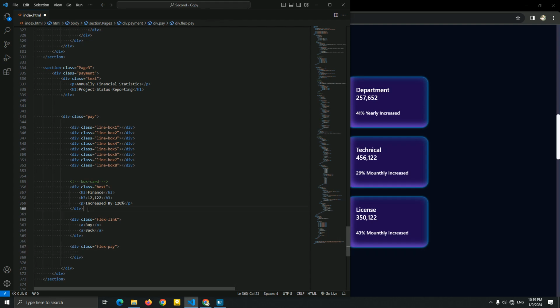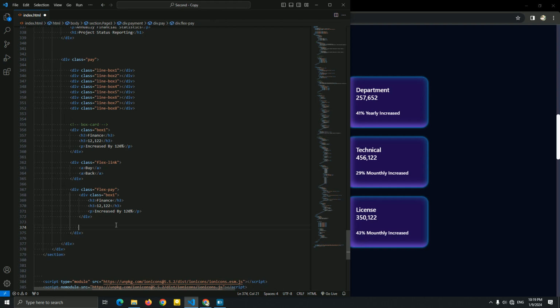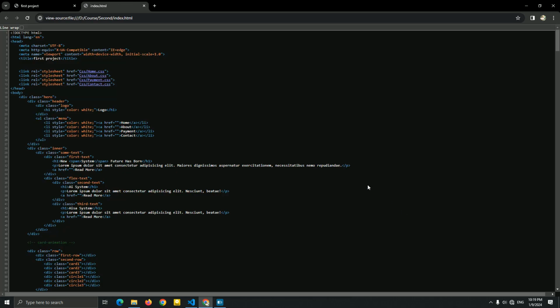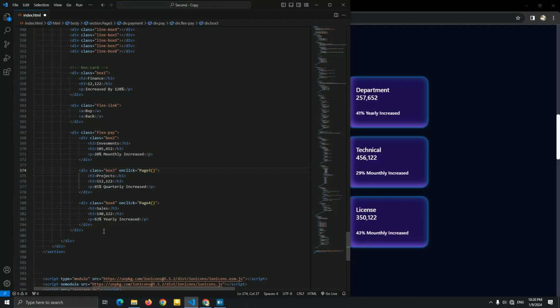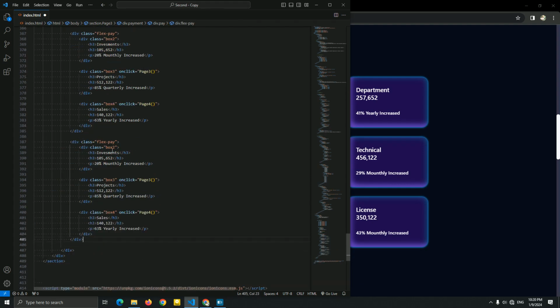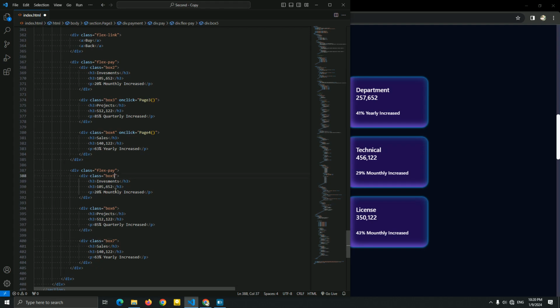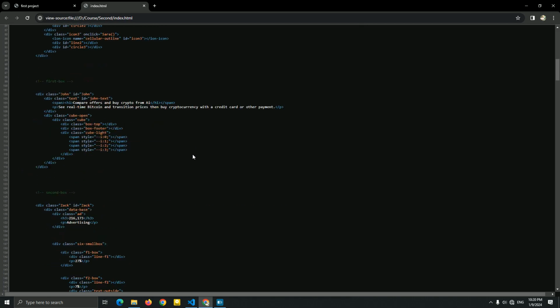So let's go to create second box, copy paste it, box 2, box 3, box 4, 2, 3, 4. So I'm just gonna replace it very fast. I'm sorry. Okay, now let me just copy this, paste it for the box 5, box 7. Let me just add it, box 7. Okay, this is our next box. As you can see, this is our box 5, box 6, box 7. Okay, let me just replace it very fast.